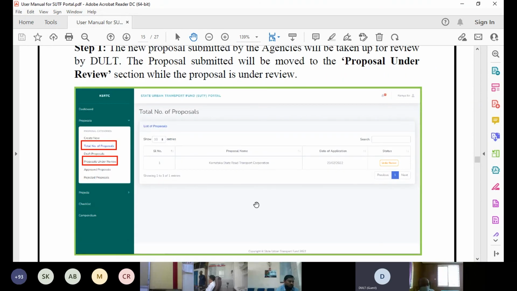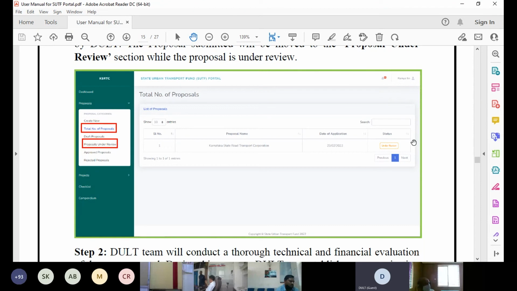As you can see in this screenshot, as soon as DULT takes it up for review, you will get an updated status here that it is under review. So we are trying to maintain transparency here for even you as an applicant to know at what stage your proposal is at this point of time.